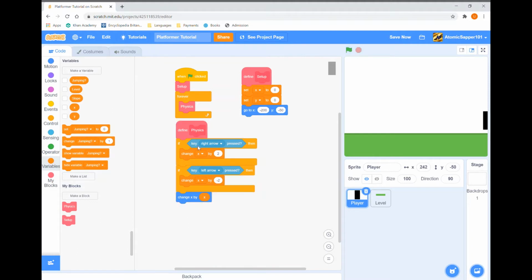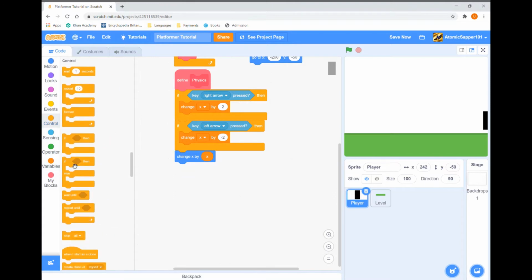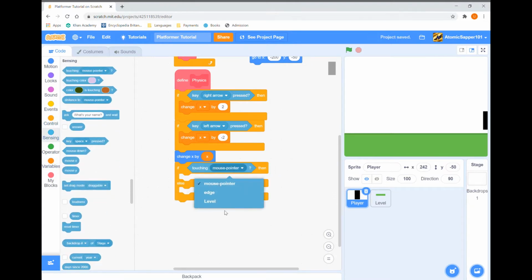Now if you click green flag and you try to move, it moves, but it has no friction and no wall detection, nothing. So we're going to add that. We're going to do an if else statement. If it's touching a level sprite,